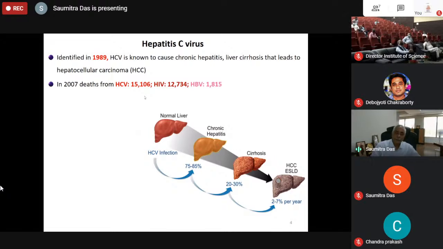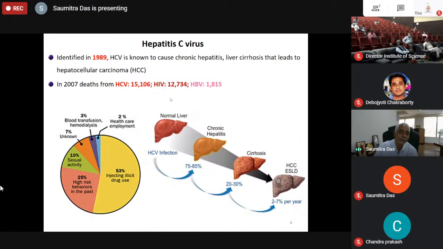Now, of that 75 to 85%, actually 20 to 30% leads to cirrhosis, and of that population, 2 to 7% can end up with hepatocellular carcinoma, which is the end-stage liver disease. How does it come? It can be because of injecting illicit drug use. It could be high-risk behavior in the past, could be 10% sexual activity, and there is most of it